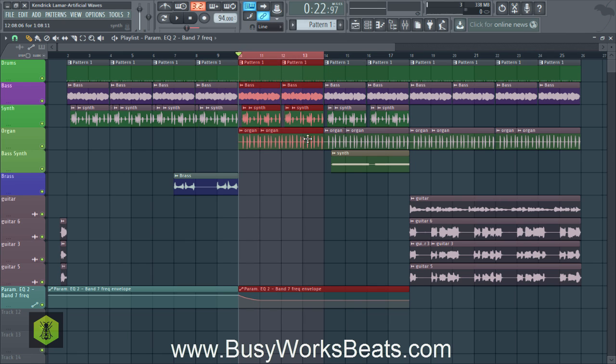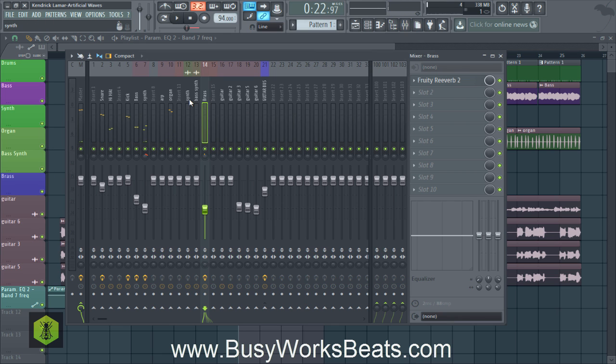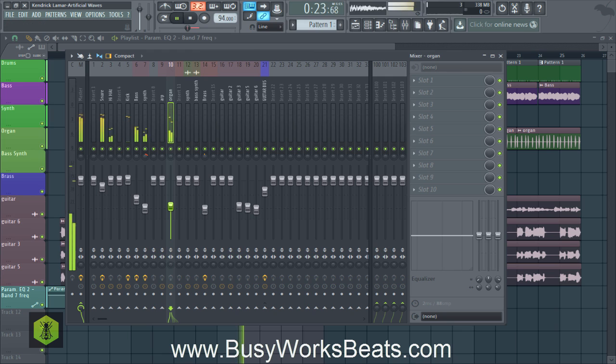So let's get into the organ coming in. And the last thing we have to do is worry about the synth and the guitar part. So the organ, again, loud because we recorded at high levels. So now you have to ask yourself, okay, this is a little more complex as far as where to pan this sound. So it's obvious we need to turn it down. But now the question is, where do we pan it? Here's where you need to listen to your stereo separation. You need to ask yourself, where's the balance of the song? Is the song pulling my right ear? Is it giving my right ear more attention, or is it giving my left ear more attention? Where are the sounds generally panned, okay? And then you want to counterbalance the panning of the song.